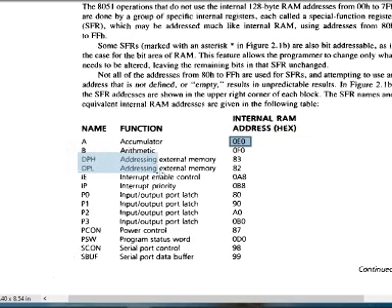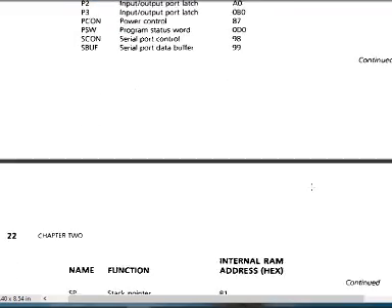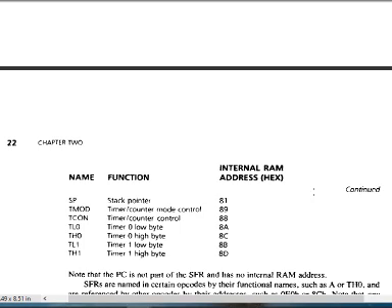Then for DPH and DPL, we have used these in assembly language programming of 8051. There we have used the DPL address, RAM address 82H, and DPH RAM address 83H. For interrupt enable control, the RAM address is 0A8. Similarly, for the PCON register it is 87, PSW it is 0D0, SCON 98. So for every register, some RAM address is there. We can access that register directly by using the RAM address.